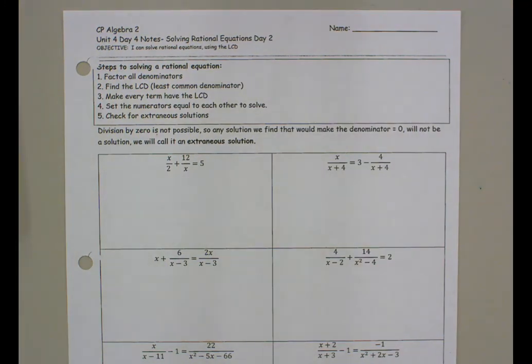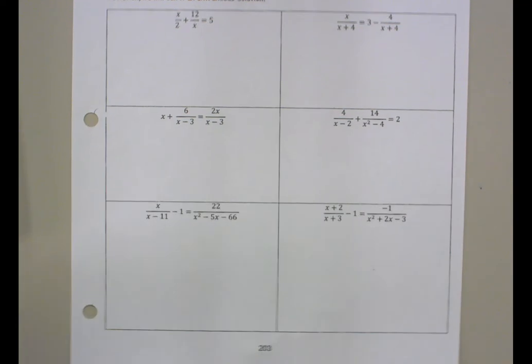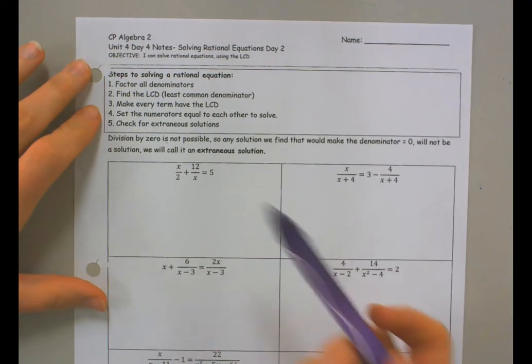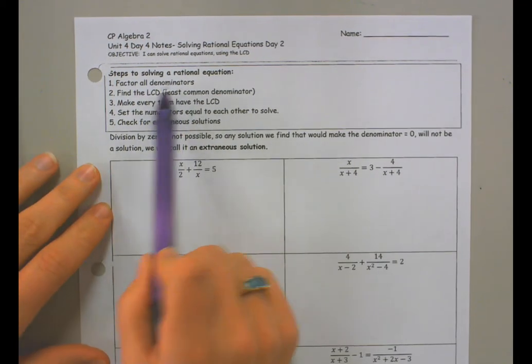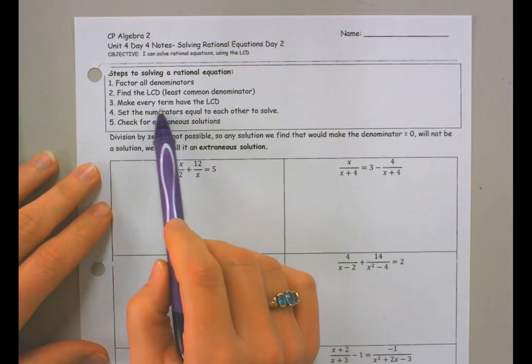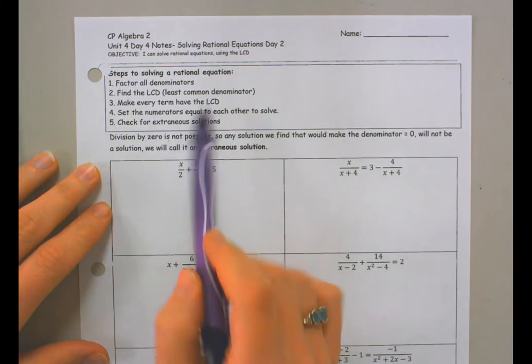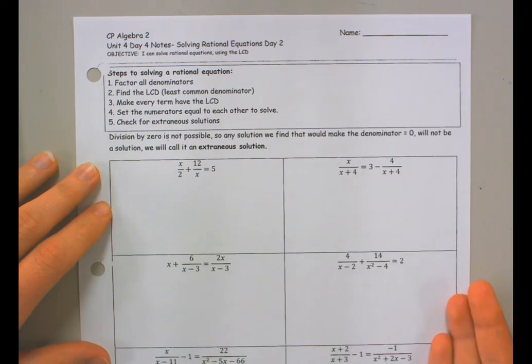All right, so we are looking at page 203, and we're going to go over some more solving of equations. So if we look here, we kind of have the steps for solving rational equations. So we factor all the denominators, find the common denominator between all of them, make every term have that common denominator, and then once all of our denominators are the same, we can solve the numerator for x and then